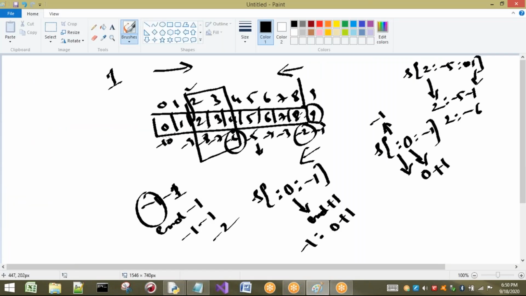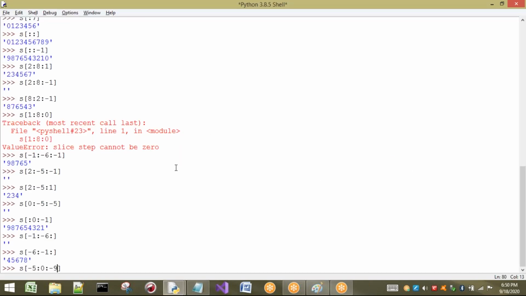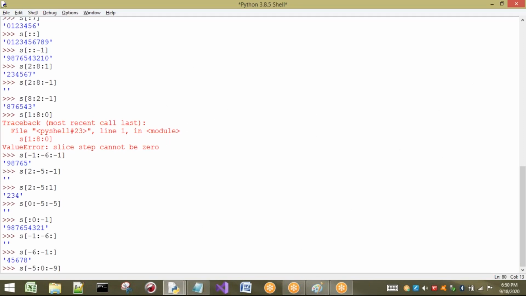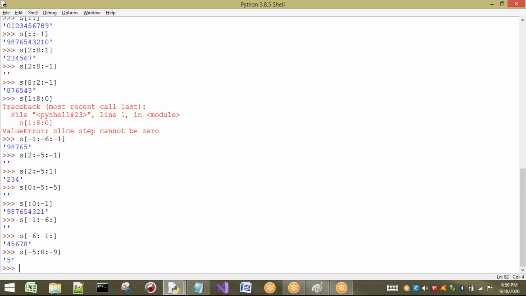Yes, no problem. Before 0, I am going to get minus 5. So from here the values are going to be considered. But the step value is what here? Minus 9. That means I have to print the next value after 9 steps. That is, first step, second step, third step, fourth step, fifth step. What about 7, 8, 9 steps? Not there. So only which value is going to be printed? Only 5 is going to be printed.